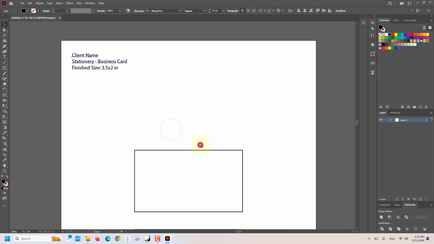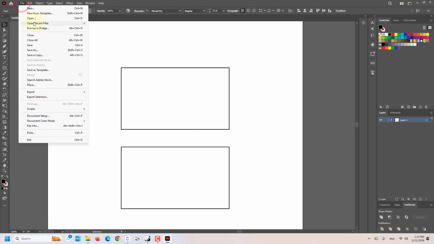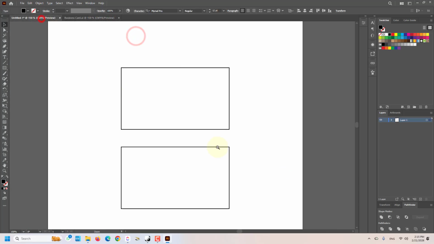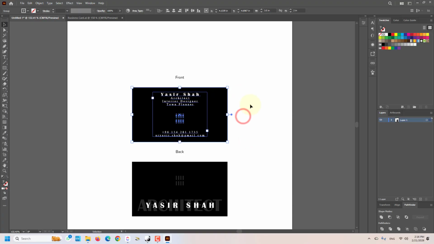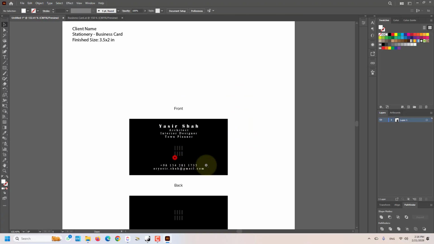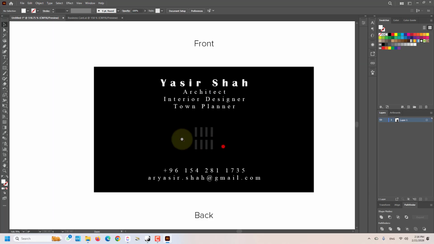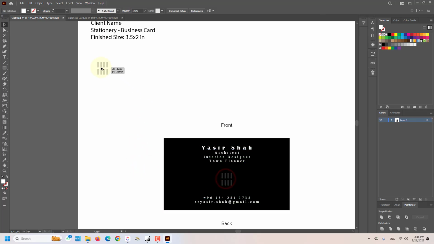Now for this particular example I have already created the design. Now let me go and open this. You can see that the sizes are 3.5 and 2 inches. Now let's assume you want to print this artwork in a special material such as UV. The way you describe this to the printer is you can extract this from the design, make it a different color,